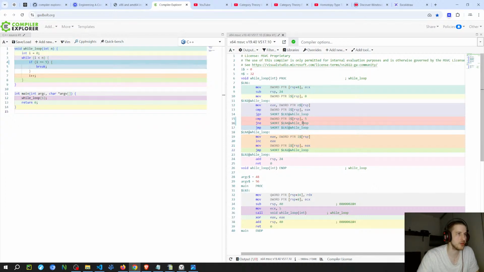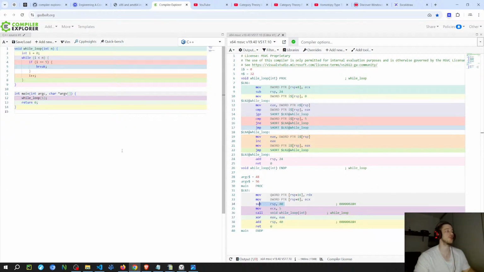So if ZF is 1, it means they're equal in this comparison because I is 5, which means it's not going to jump here and it's going to jump here. And this one just cleans up the stack. So it adds again here to keep the symmetry and then returns, goes back, cleans the register, and then cleans the stack on the other frame. So I'm going to go to the next one.